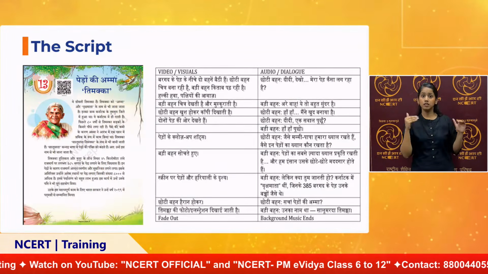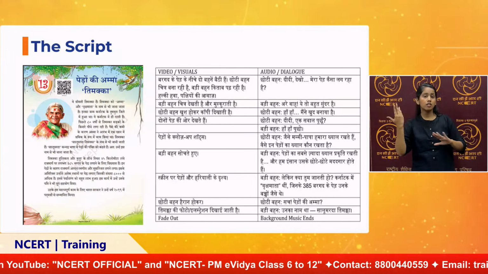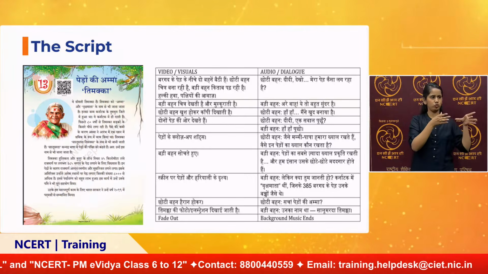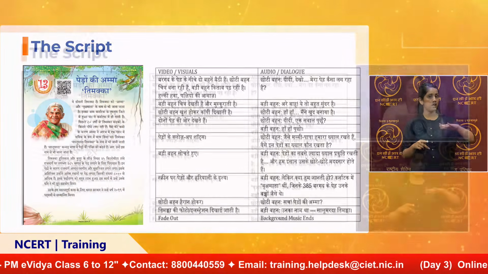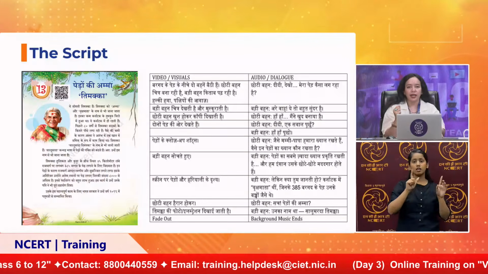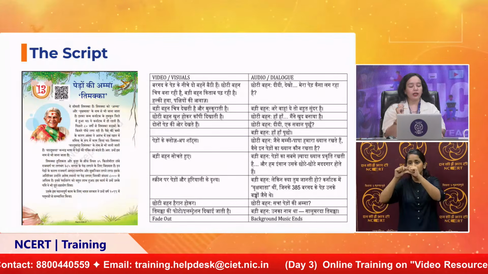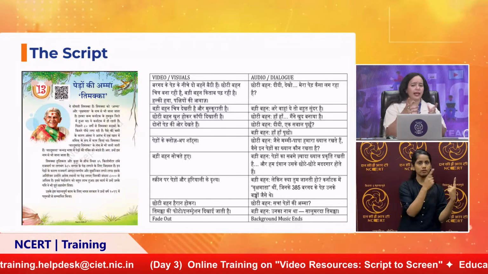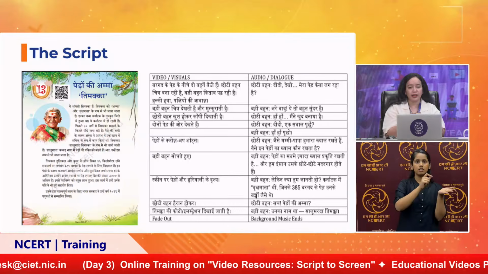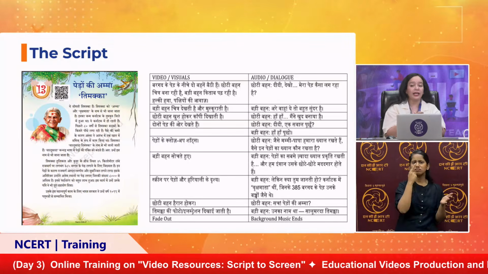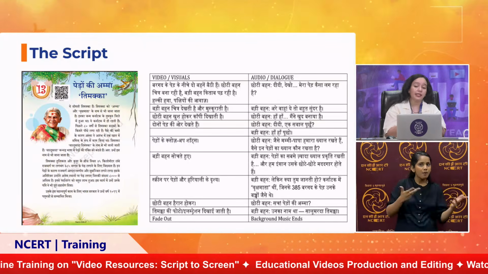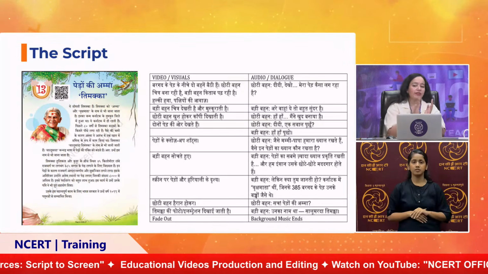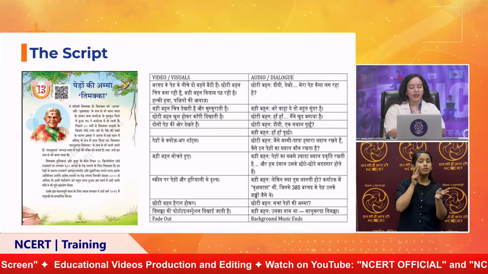Now we have converted this chapter into a script, into a video script. As you can see, this is a 2-column script, in which on the left hand side we have visuals, and on the right hand side we have dialogues. Yeah. So it's a conversation between two sisters, right? So I'll just read a dialogue or two for you. It's the younger sister who said, "Didi, देखो मेरा पेड़ कैसा लग रहा है," and the elder sister said, "अरे वाह ये तो बहुत सुंदर है." Okay, but on the left hand side, as you can see in the visual column, what has been written?